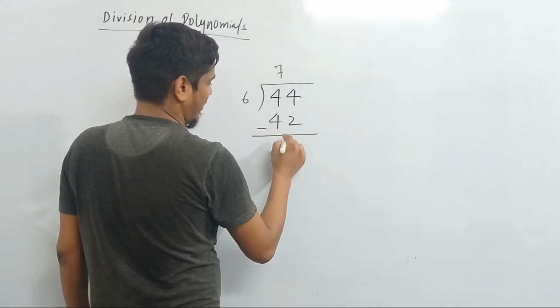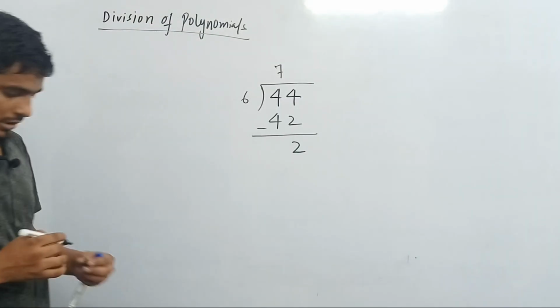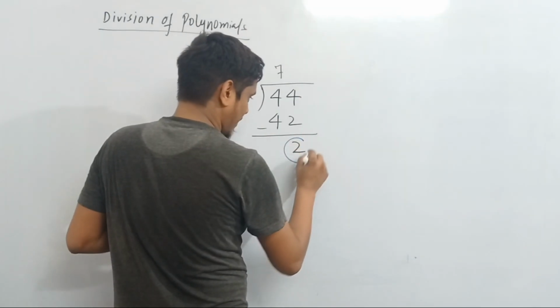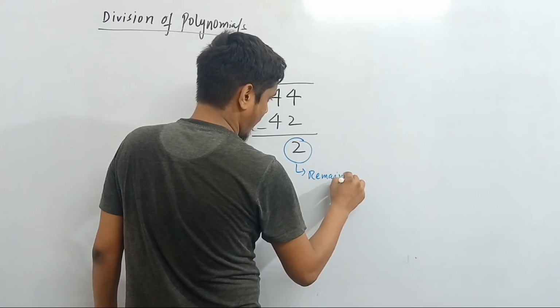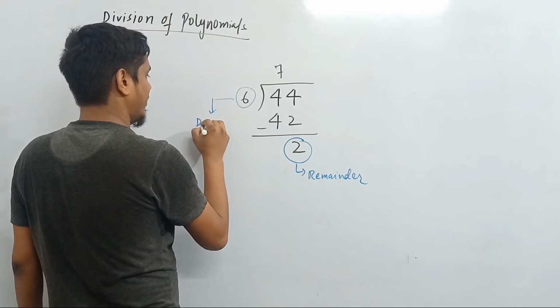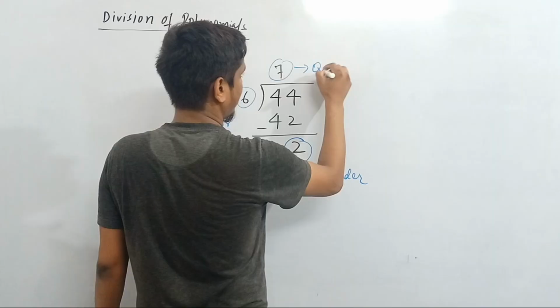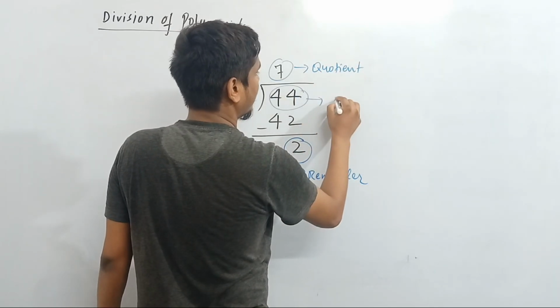And then once we subtract, we'll get this as 2. So in this one we call it the remainder, this is the divisor, this is the quotient, and this is the dividend,